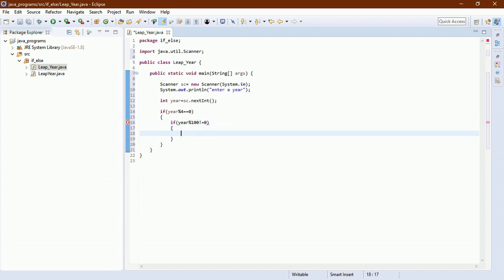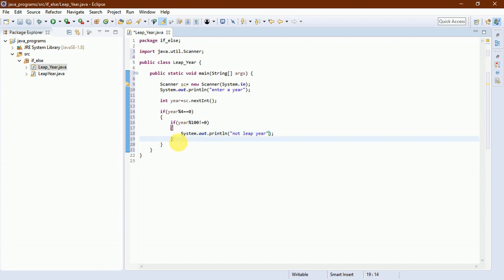If both two conditions are satisfied, then we can say that it is a leap year. Then we are writing some message, that is, leap year.